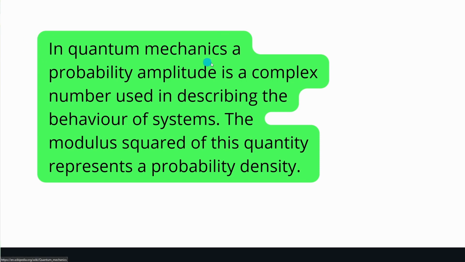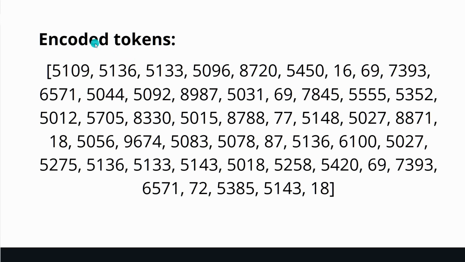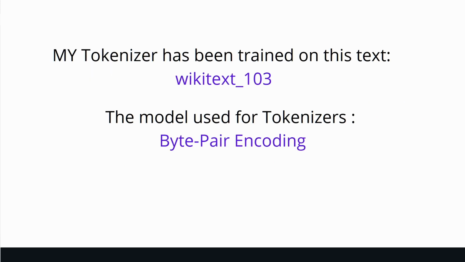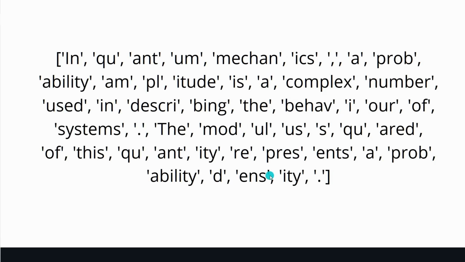And to show you here, I've chosen a really complex two-sentence system. If I apply some tokenization, I get this back. And you might say, hey, wow, this is quite a lot of numbers. Are you sure this is the best representation of my two sentences in a numerical value system with a specified vocabulary? If you check, you find that the tokenizer has been trained on this text, WikiText-103, and the model used for the tokenization was byte pair encoding. And if you then take the next step and